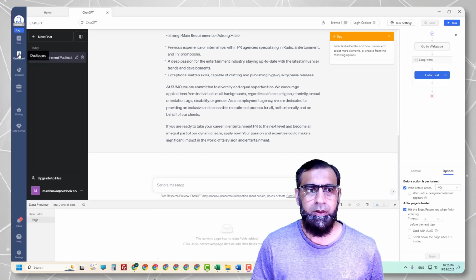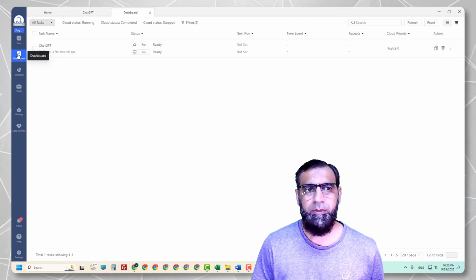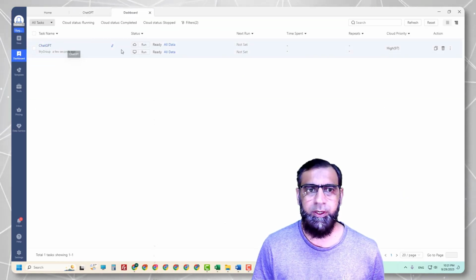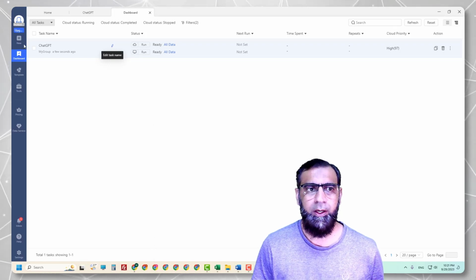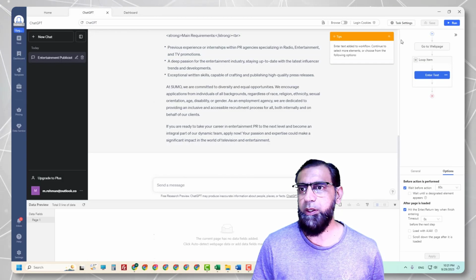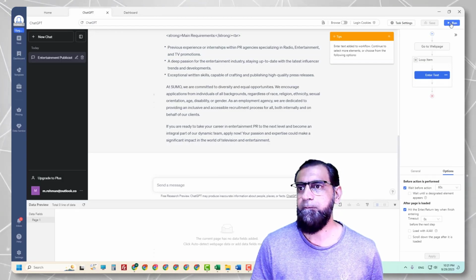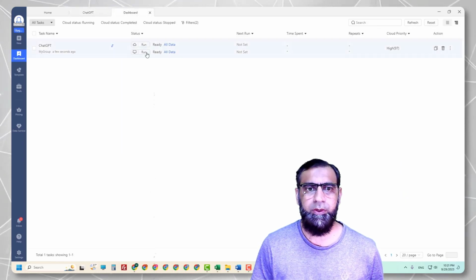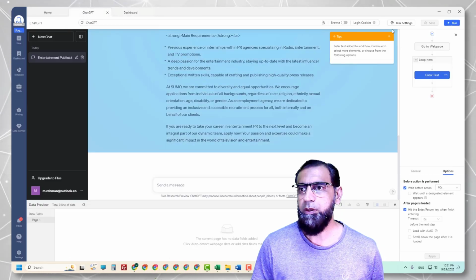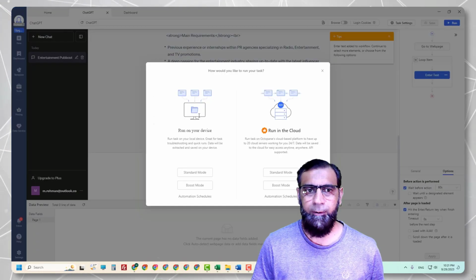Now click on dashboard. You will find your task here with this name. You can rename here. If you click here, you will see option run. You can also find option run from here. So click on it